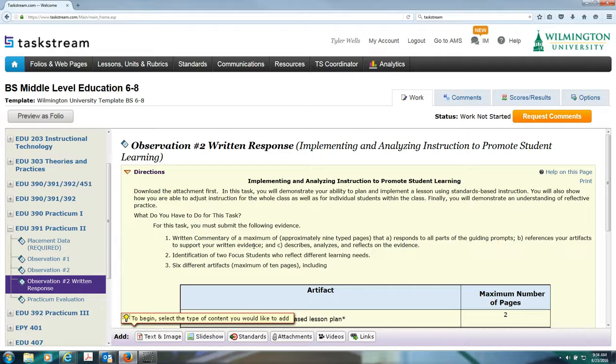Through conversations of Practicum instructors, the descriptive, analytic, reflective writing, 3 areas, did not really match what task 4 was as a complete task within the PPAT. There was a disconnect, and so you'll see now that the work being done in Blackboard for task